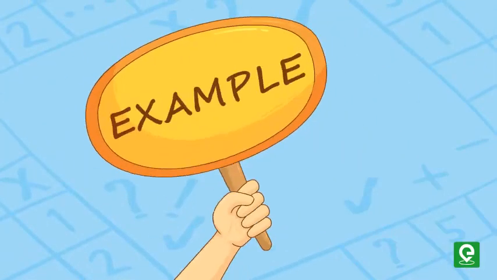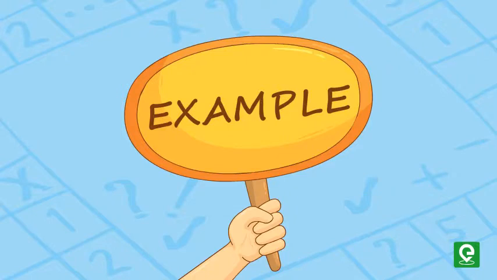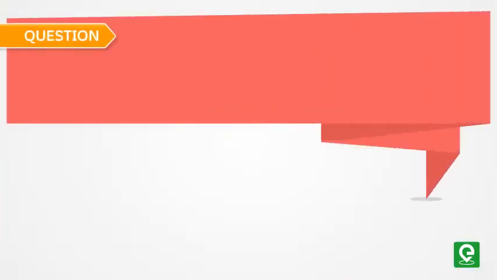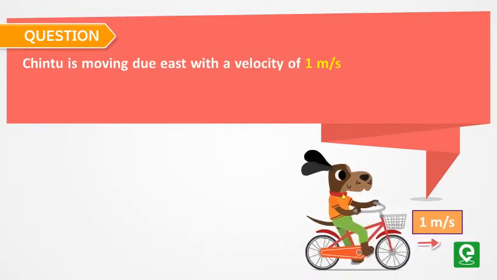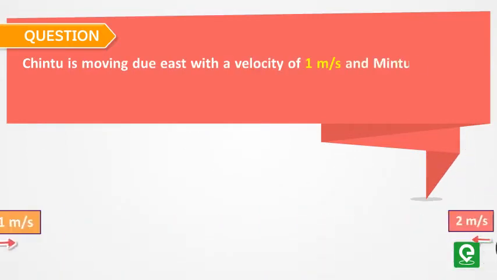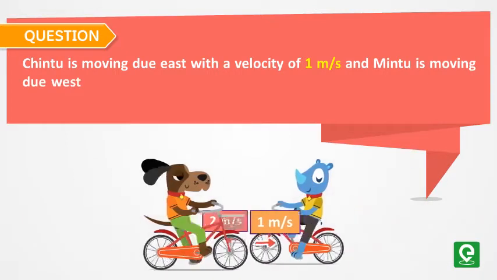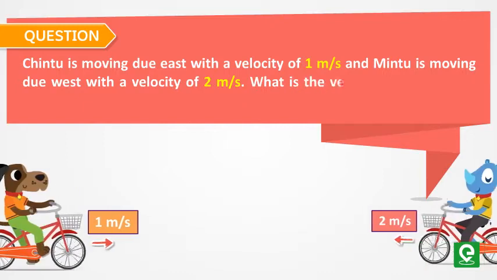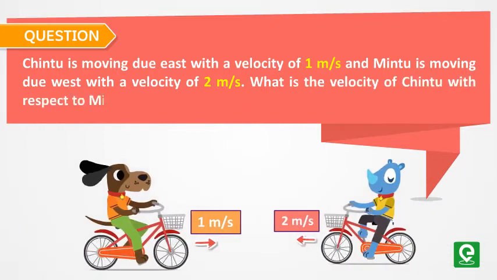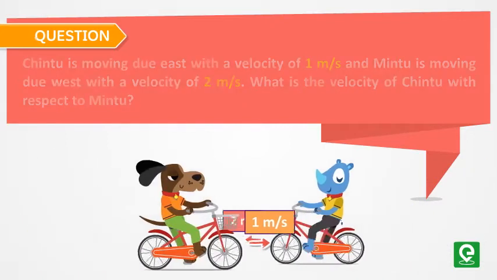Let's solve an example to understand this concept better. Question: Chintu is moving due east with a velocity of 1 meter per second and Mintu is moving due west with a velocity of 2 meter per second. What is the velocity of Chintu with respect to Mintu? Solution: